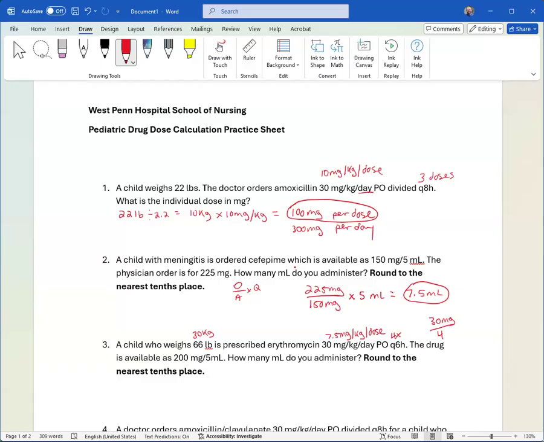So my total in the day is 30. This doesn't actually tell me how many milliliters to administer per day or per dose. I'm assuming per dose, but I'll calculate both things. I'm just letting you know as I'm going through this. So I'm going to take my 30 kilograms times the 7.5 milligrams per kilogram per dose, and that'll give me 225